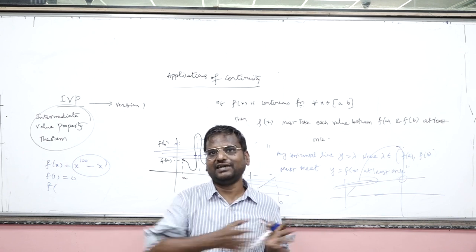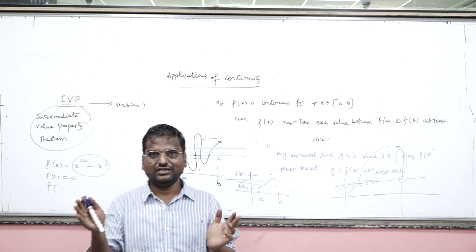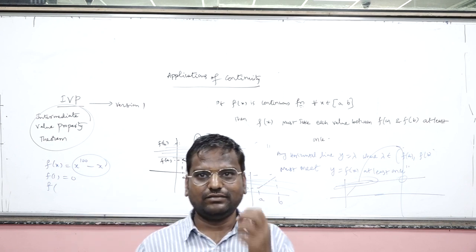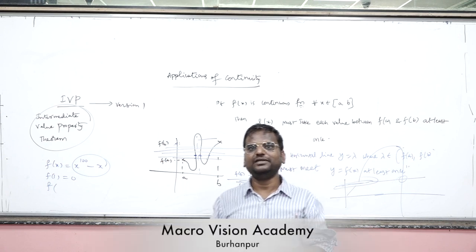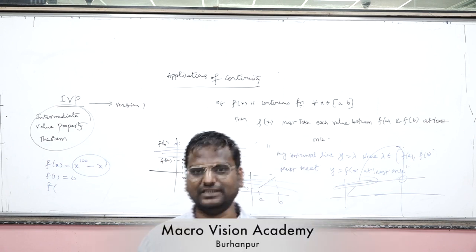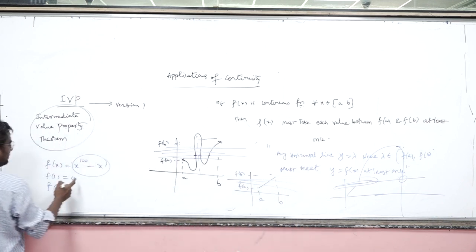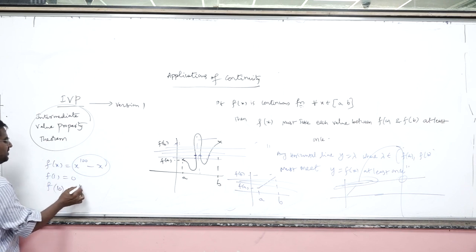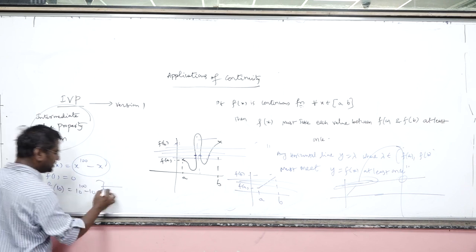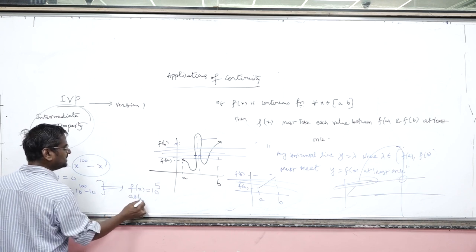On the other hand, the given statement: if F is continuous in closed A to B, and y equal to lambda, where lambda belongs to Fa to Fb, must cut the graph at least once. So this is f of 1 equal to 0, and for example f of 10 equal to 10 power 100 minus 10 will ensure that f of x will be definitely 1 lakh at least once.